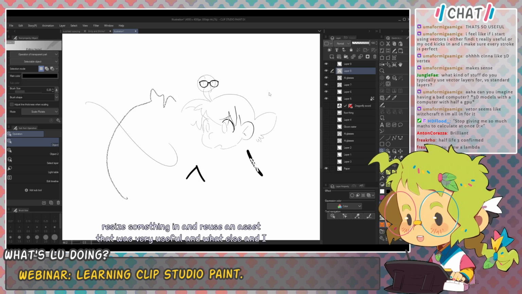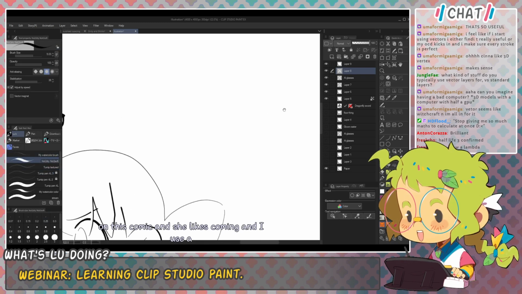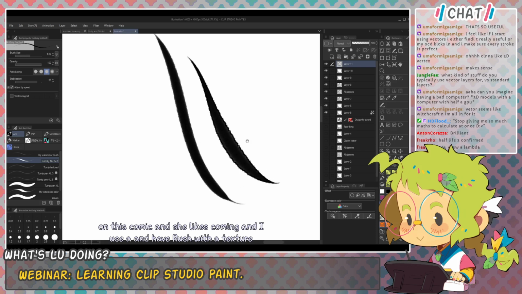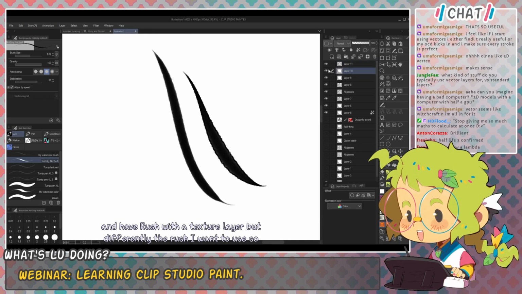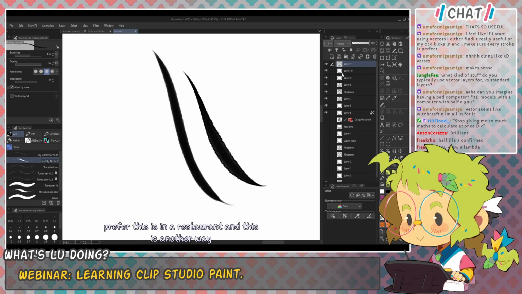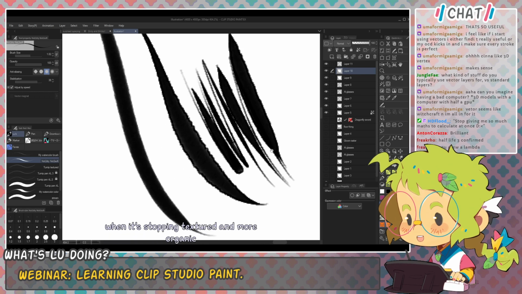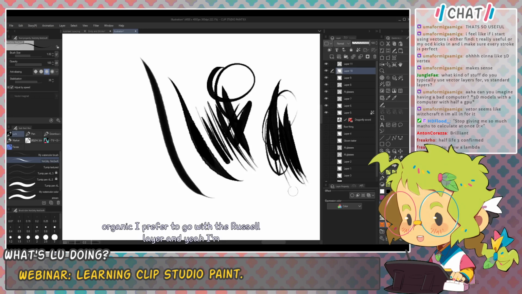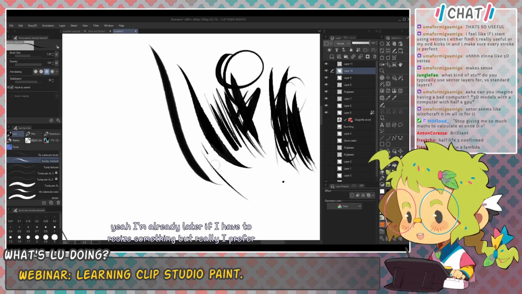I don't know, for example, now I'm working on this comic, my Tenshi Life comic, and I use a brush with a texture. I mean, I could use the vector layer, but you see it works differently, the brush I want to use. So I prefer, this is in a raster layer and this is in a vector layer. It has less texture, I don't know why. So when it's something textured and more organic, I prefer to go with the raster layer. And yeah, for example, for this comic now I'm using this brush in raster layers. I'm not using vector layer for this. I might regret it later if I have to resize something, but really I prefer the texture the brush gives me